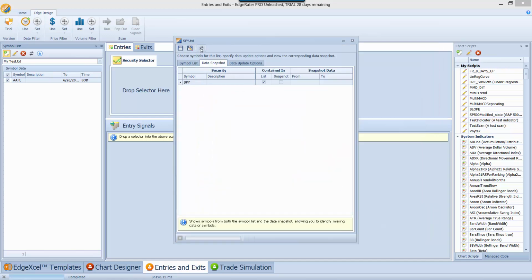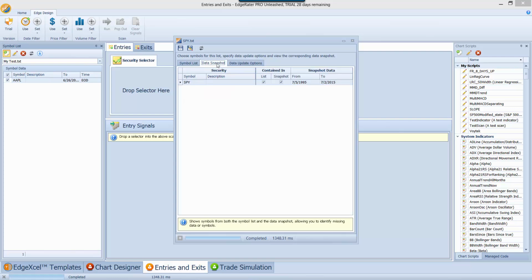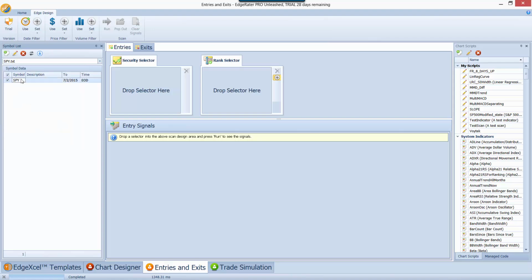And of course I then have to update the data, so I'll just press the update data button. It's going to try and go to Yahoo, fetch 20 years worth of data, and it's come back, and so I can see that I've got data from 1995 to 2015, which is 20 years of data. Now what if I set that to 50, just out of interest? I see there's a limit here, right, I can't go above 20 here. Okay, so it's fetched 20 years worth of data, which is perfectly adequate for this test. So what I'll do is I'll close this down, and I will find the SPY list over here, and I'll just open this up in